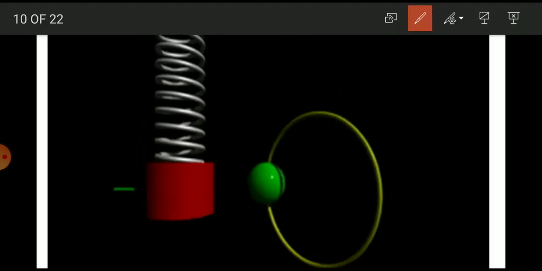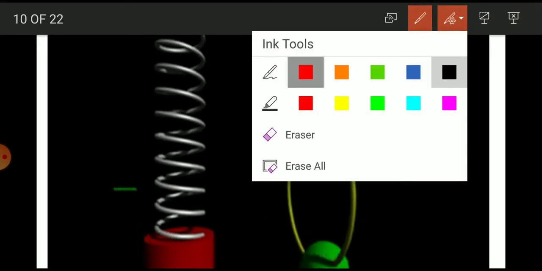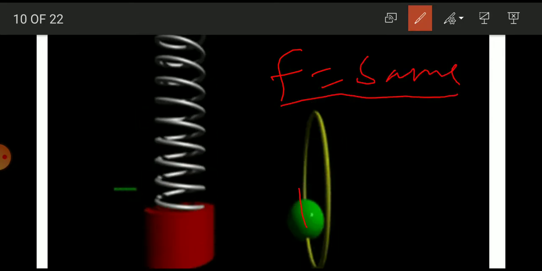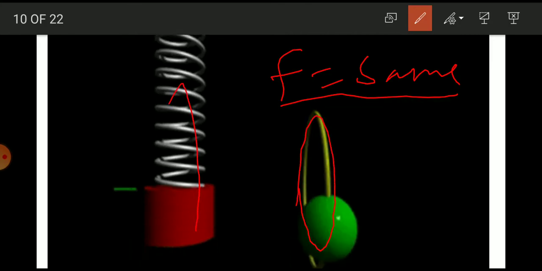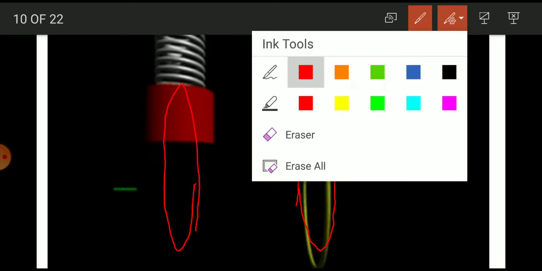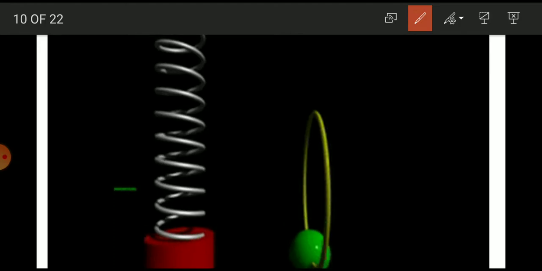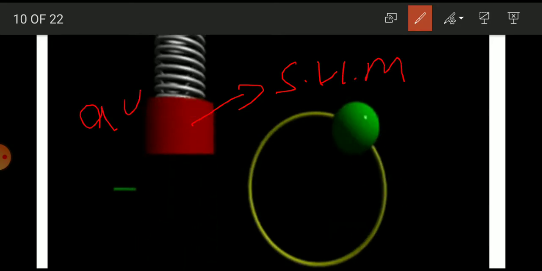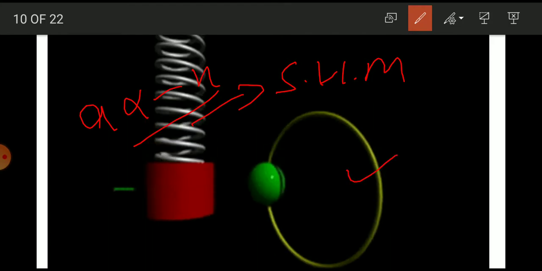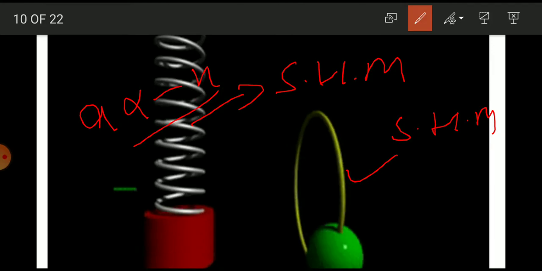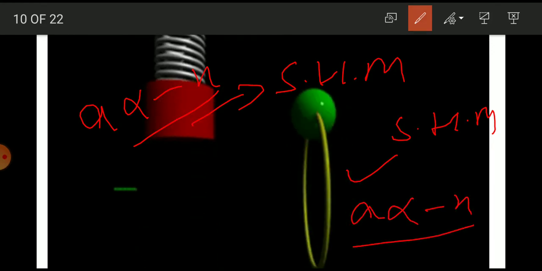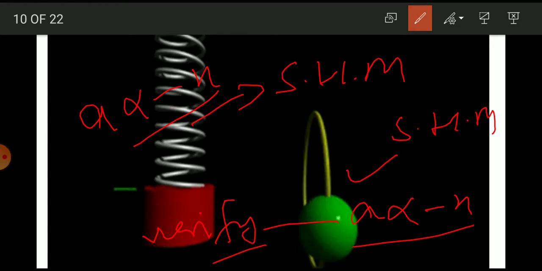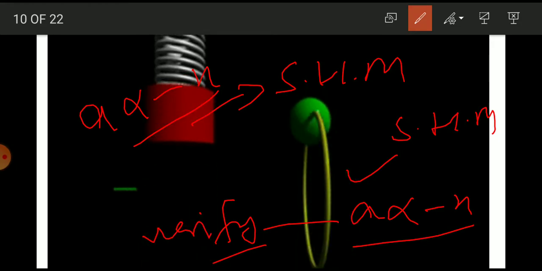If the frequency is the same, both types of motion are the same. It completes one vibration in the time in which it completes one vibration. So it is simple harmonic motion because in this acceleration is directly proportional to the displacement. This is also simple harmonic motion because in this acceleration is also directly proportional to displacement, and we have to derive it and we have to verify it. We have to verify, okay students? Okay, now next,